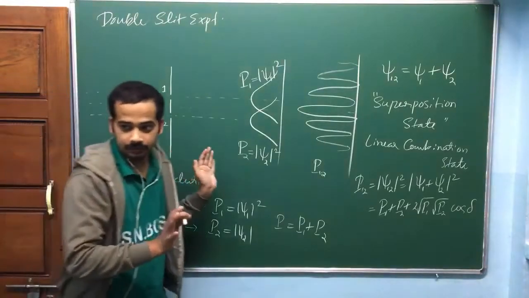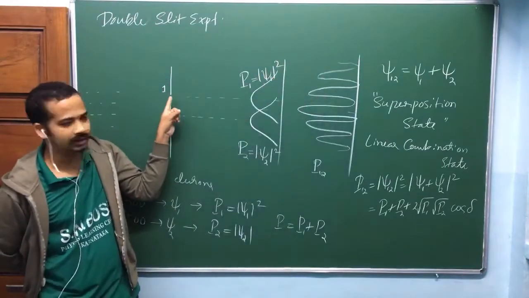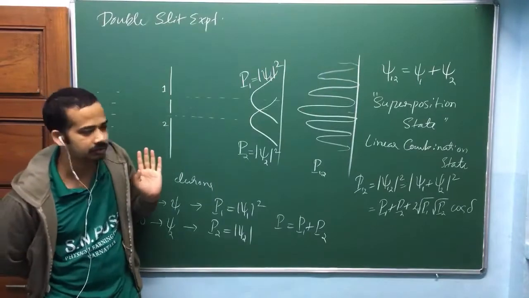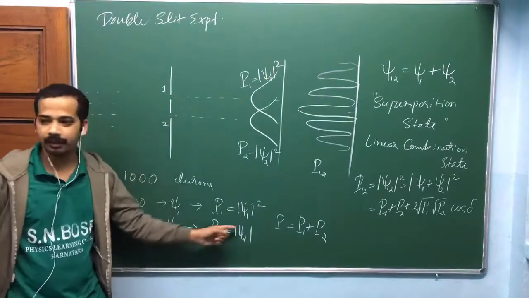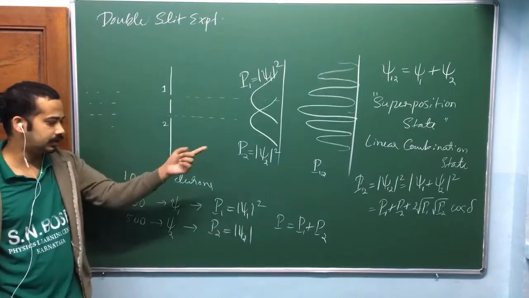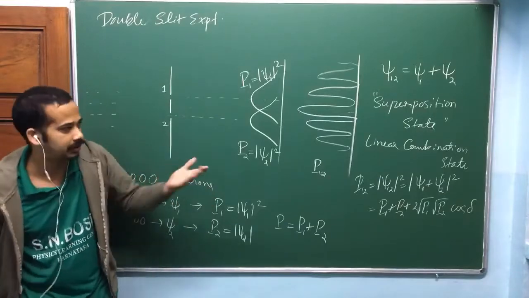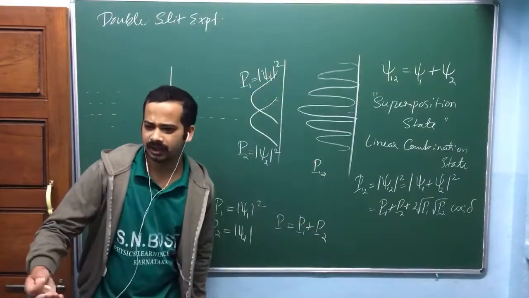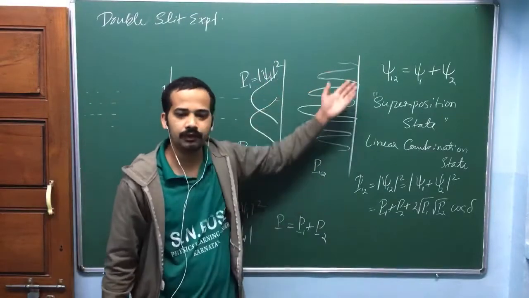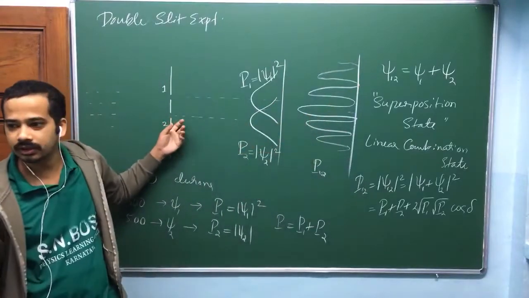When we are not observing, our common sense says whatever is received on the screen should have passed through either slit 1 or slit 2. Single electron experiment, so take a single electron. If that is so, this would happen. If I receive 1000 electrons there, 500 electrons should have passed through slit 1, that's what our logic says, am I right? Around 50% of them passed through slit 1, and the other 50% passed through slit 2, isn't it?